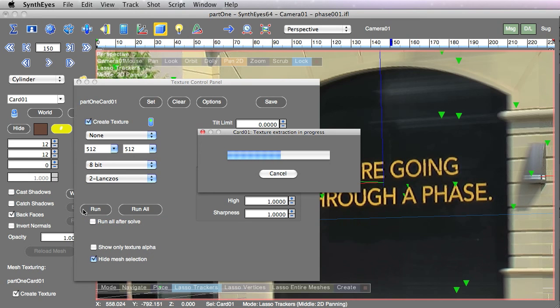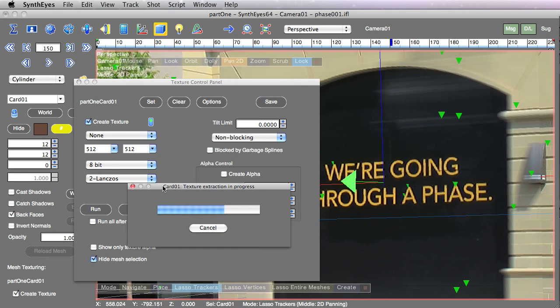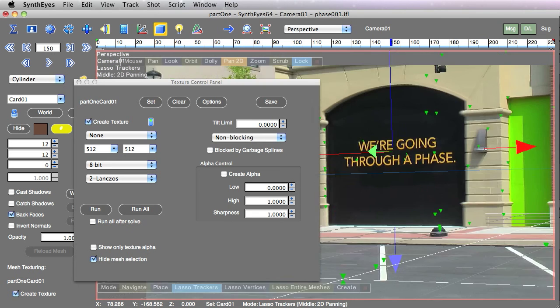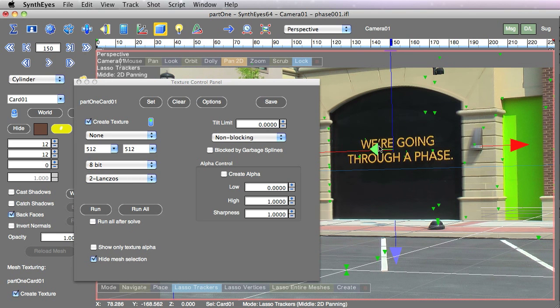We could also set up a garbage mat to block out that portion using the SynthEyes roto capabilities. Depending on the situation, one or the other may be easier. Here I just wanted to show this cylinder technique. Once we do that, you see that we have a much cleaner looking texture that we're ready to do something else with. So that's it for this